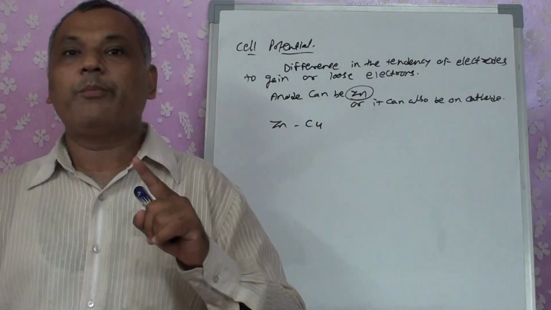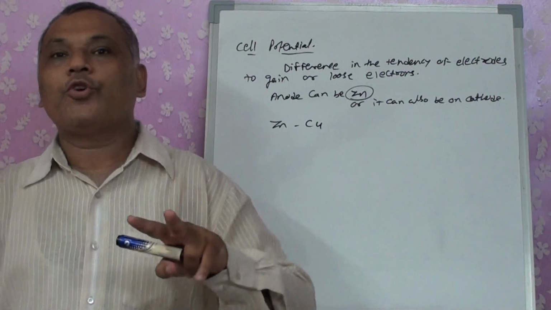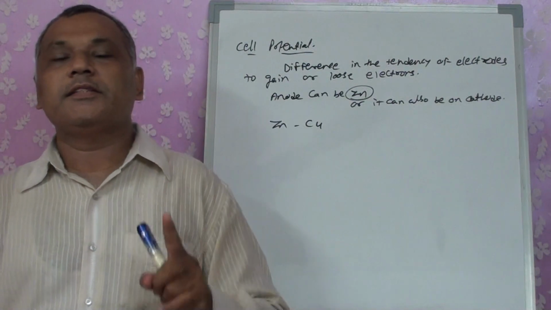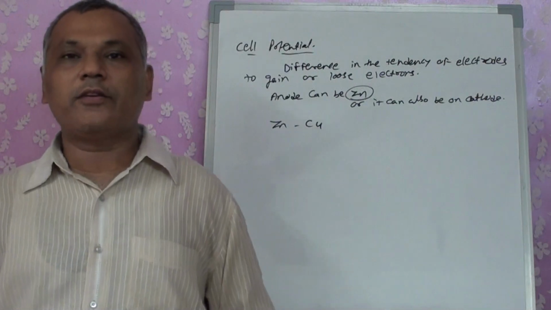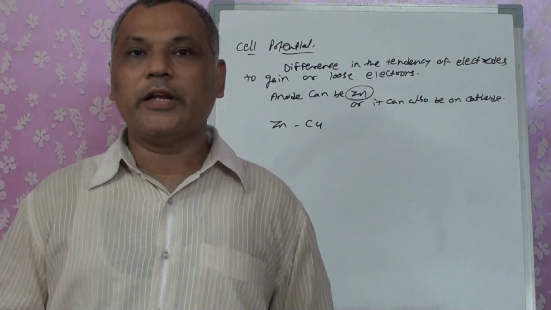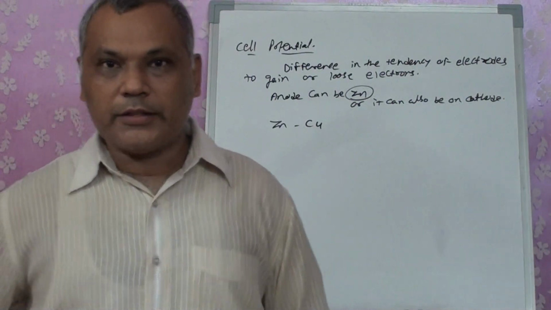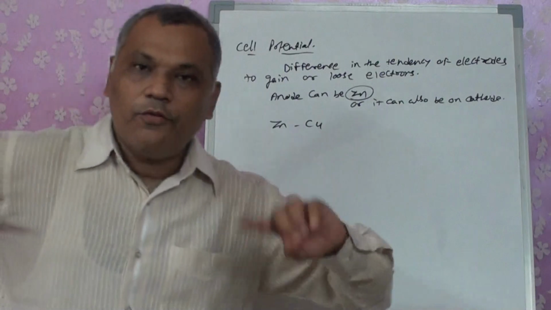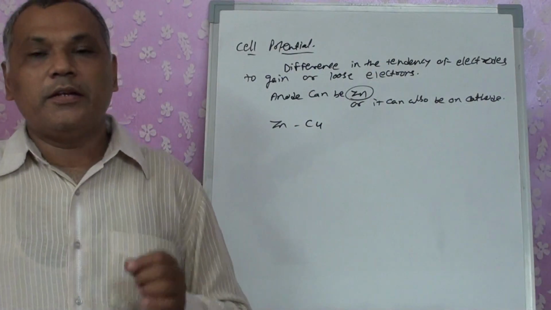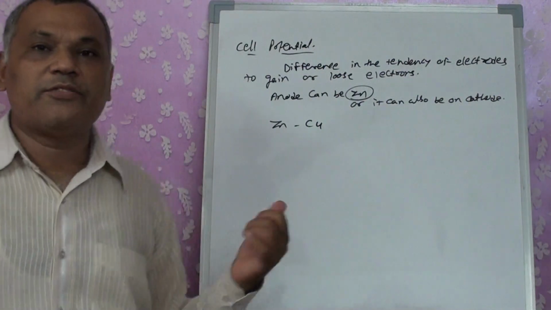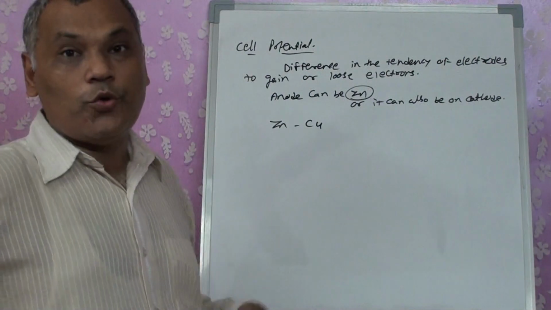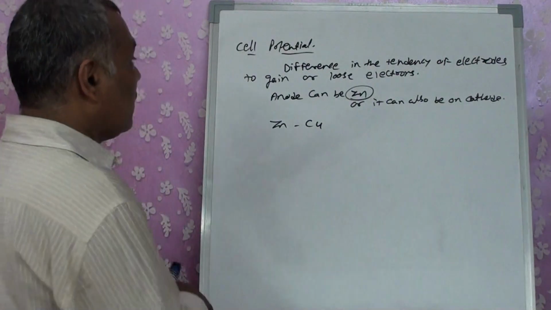Okay, now when you are calculating the cell potential, remember one thing: for both half cells, whichever you are taking, either consider that both of them are going to gain electrons or consider that both of them are going to lose electrons. No doubt, during the reaction, in the cell one is going to lose electrons and another one is going to gain electrons. But here you have to be very careful. This is where students make errors. So be careful in what I am going through, how to calculate the cell potential.